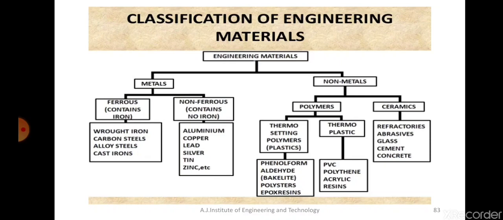Okay, so in the exam, generally they may not specifically ask about a particular material and say explain these things. They generally ask questions like: write a note on ferrous materials, or write a note on non-ferrous materials, or explain composite materials, or explain polymers. So you need to know what these are, what their compositions are, what their properties are, and where they are used. So these many things you will have to write. The general question will be like that: write a short note on or explain ferrous material or non-ferrous material or composites or ceramics, etc. Okay, so we'll go to the next slide.